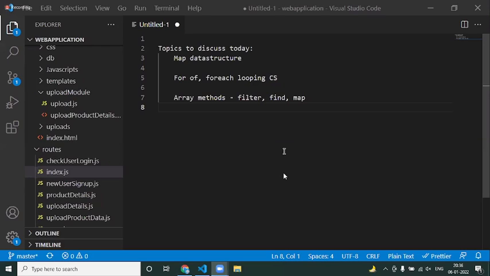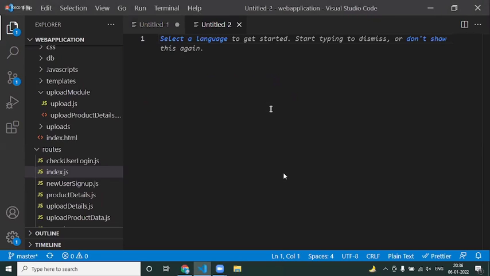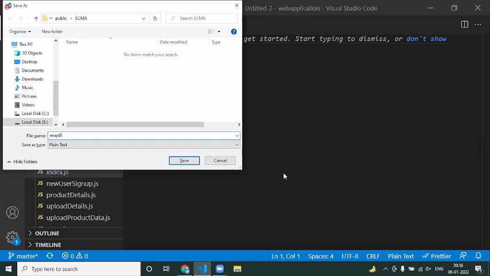We have also seen the for of looping control structure, how to iterate over a set. Now we go with the map data structure.